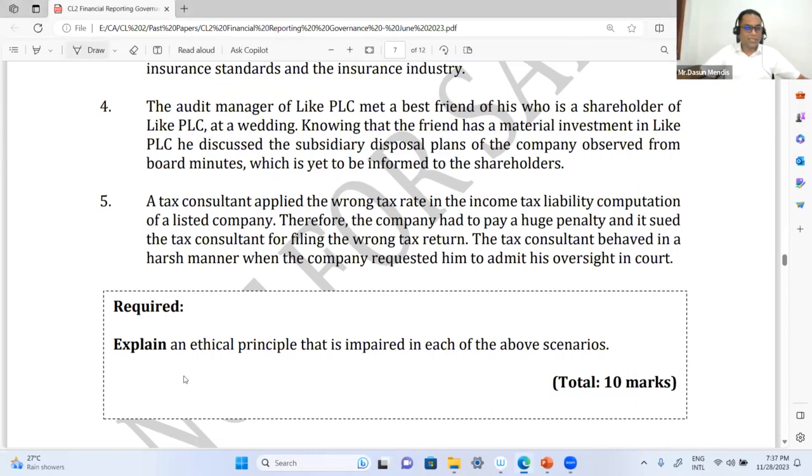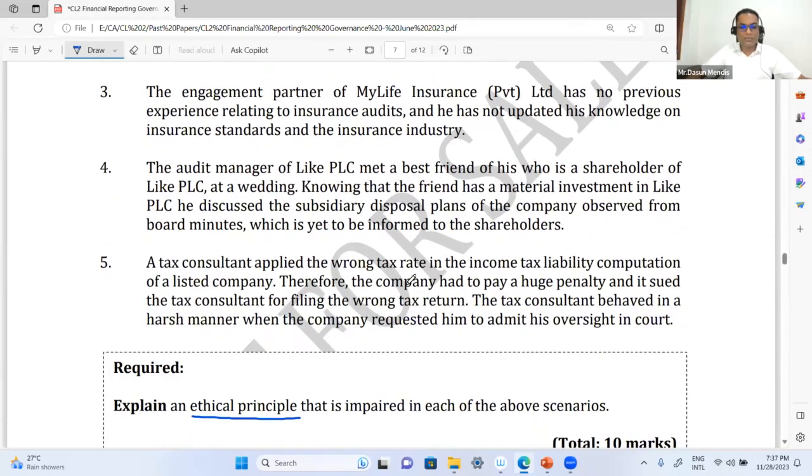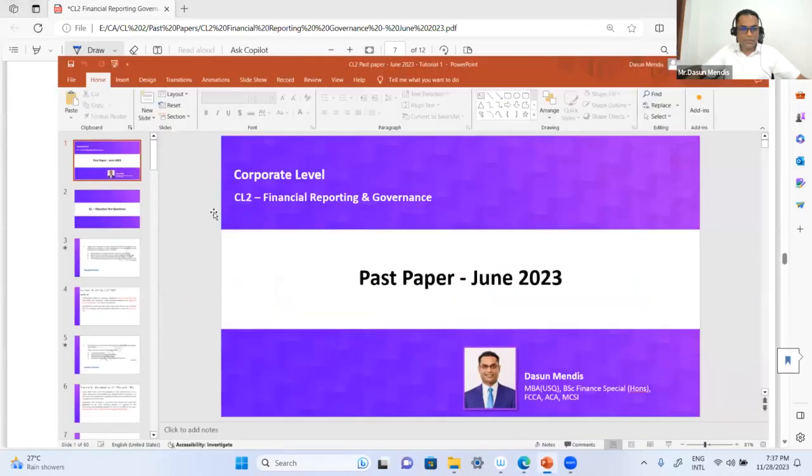that are impaired in each of the above scenarios. Now you have been given 5 scenarios. What you need to explain is which ethical principles have been breached in each scenario. Before moving to the scenarios straight away,